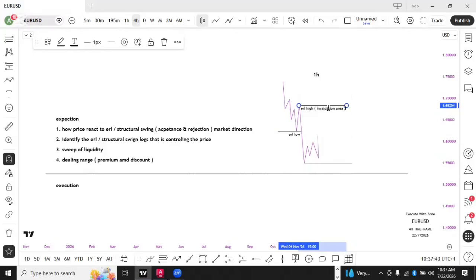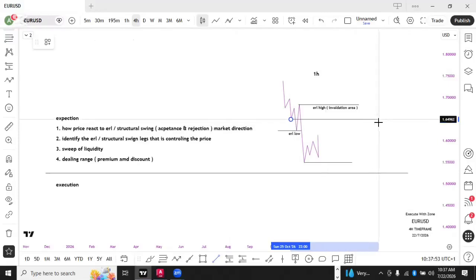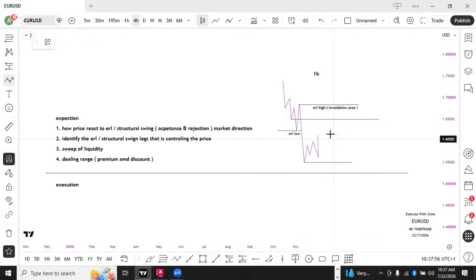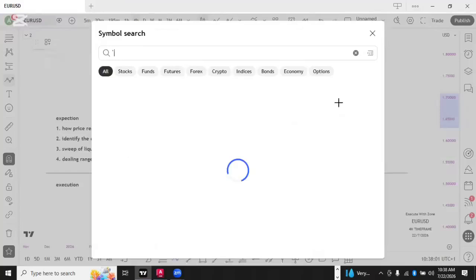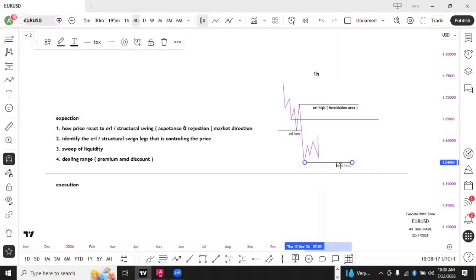area. I'm literally explaining how I frame my bias. So this is an invalidation area. If I have a point of interest somewhere here, and this point of interest does not hold when price is pushing up and takes out this invalidation area, I already know that this bearish structure is no more valid, and I'll start looking for a bullish position for a bullish move. You get me? So this is my external high, and this will be my external low for a